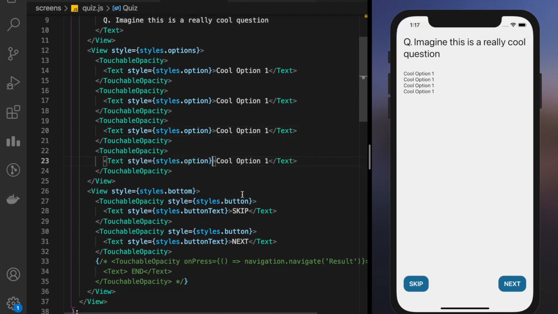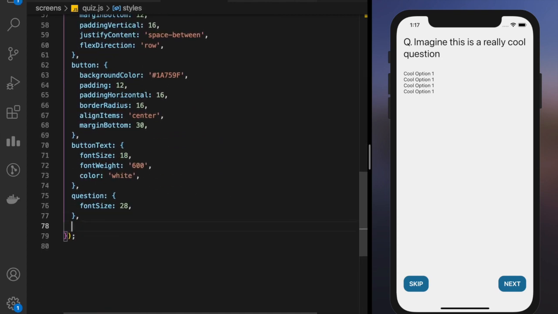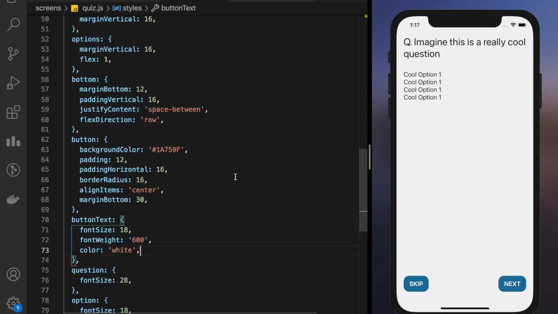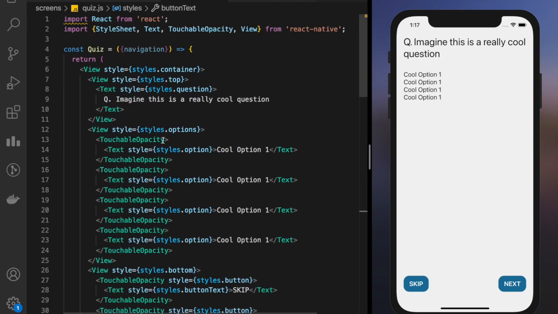Cool. So now I just have to style it. Option, okay, font size. Now you see the question is a font size 28, so I'll give it a font size of 18. That will be good enough, I guess. Not very good, but okay, I'll see. 18 is not bad. Okay, so now you are wondering what's the use of it as a button if we can't style it. So of course we are going to style it, and I'll call it option button.